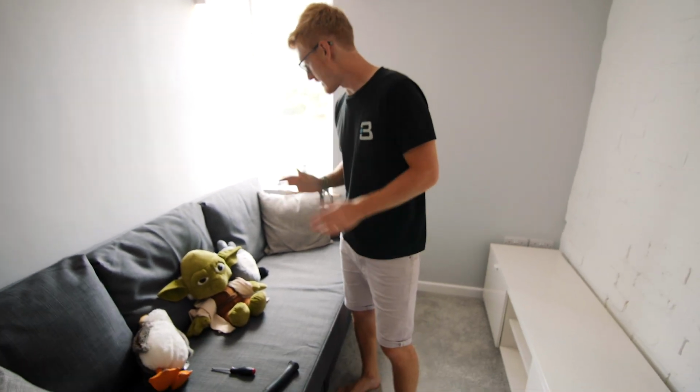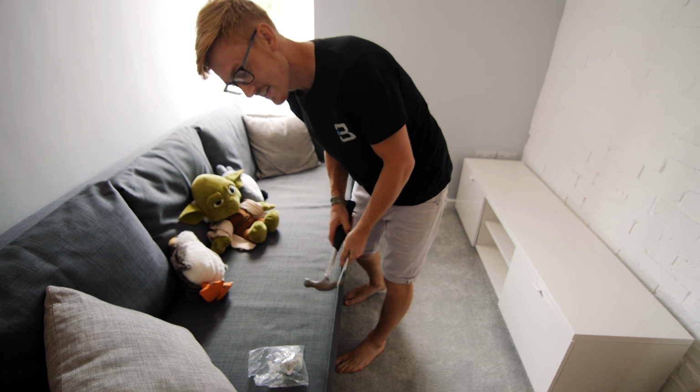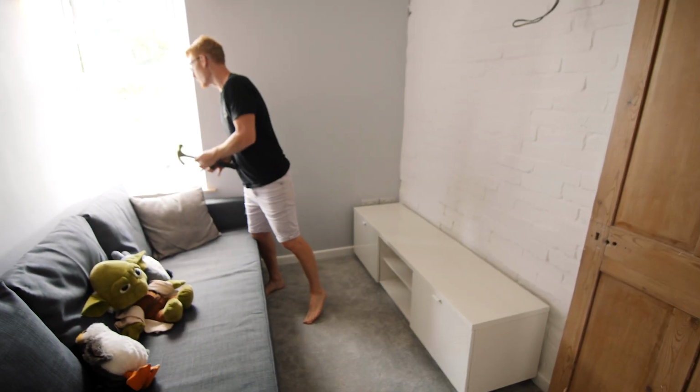And one thing you might have noticed by now is that we actually have a sofa in the room amongst all the other mess. What makes this sofa kind of special is that it's not just a sofa, it is a sofa bed. We've actually had this sat downstairs for about 6 months. Less than that, 3 months. We bought this and got it